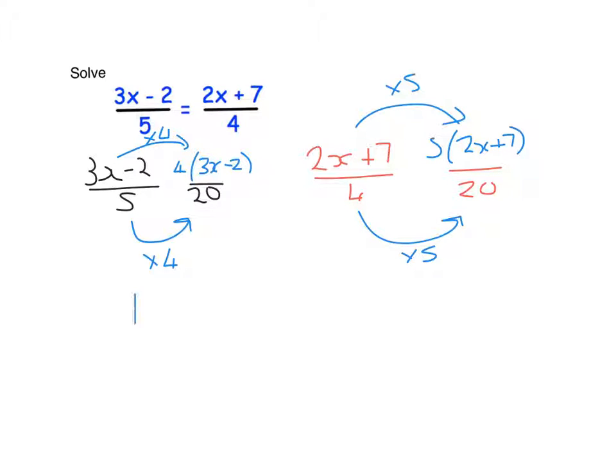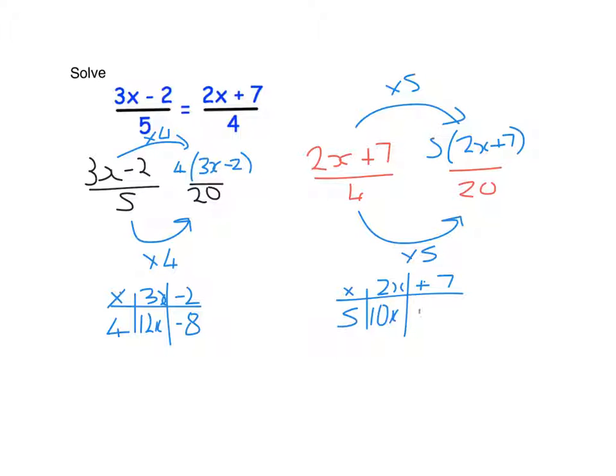So the first grid method is 4 times (3x - 2), which is 12x - 8. And the next grid method is 5 times (2x + 7), which is 10x + 35. So let's put that all together. So I've got (12x - 8)/20 is equal to (10x + 35)